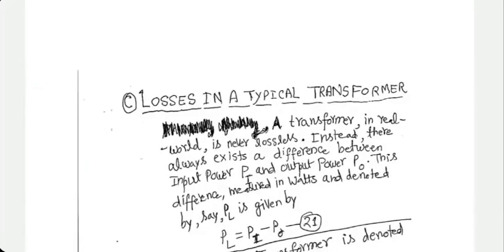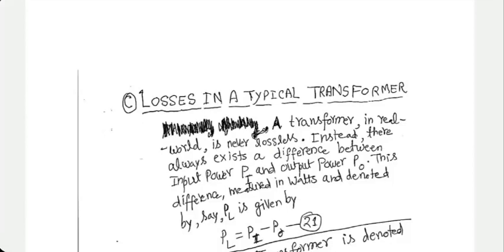Losses are primarily, in a transformer at least, of two types. One, because of the finite resistance in the windings, in the primary winding as well as in the secondary winding. They are known as copper loss. The other one is the imperfections in the core itself. They are known as iron loss or core loss. On top of it, there may be a little more complication also. Things can happen that you did not anticipate. They are called stray losses. We will ignore stray losses in our calculations.